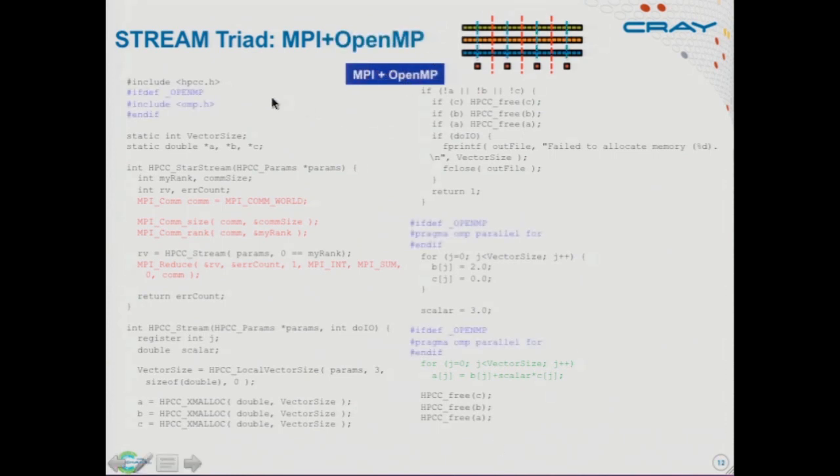And so we end up with some blue code that was introduced up here at the top, and then around a few of our loops to assert that they're parallel. And now we have the hybrid code that's both distributed memory parallel and shared memory parallel. And the thing I want to point out here is I've given you basically the simplest parallel program I can